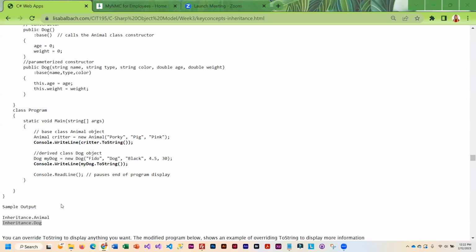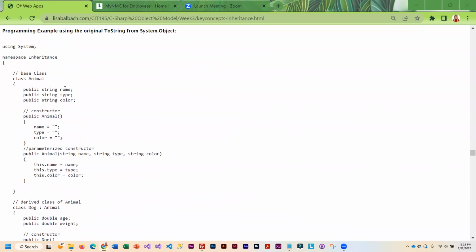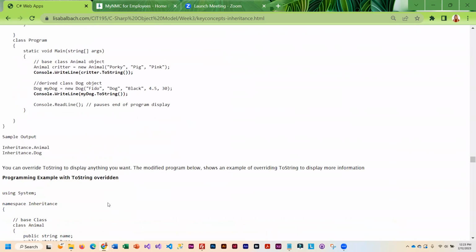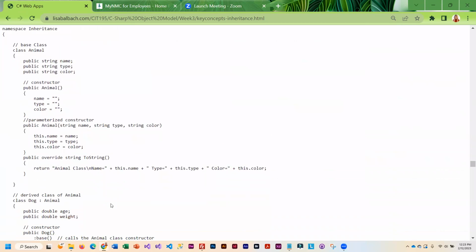Now, in a programming environment where you are working on very large projects and you might be pulling in other people's code with using statements and different techniques, it may be useful to know the namespace and the class, in which case you wouldn't want to override toString. But in the examples that we're working with, where we can pretty much see the namespace name and our class name, toString is not really providing us useful information, and we can override it. So if we wanted to override it,